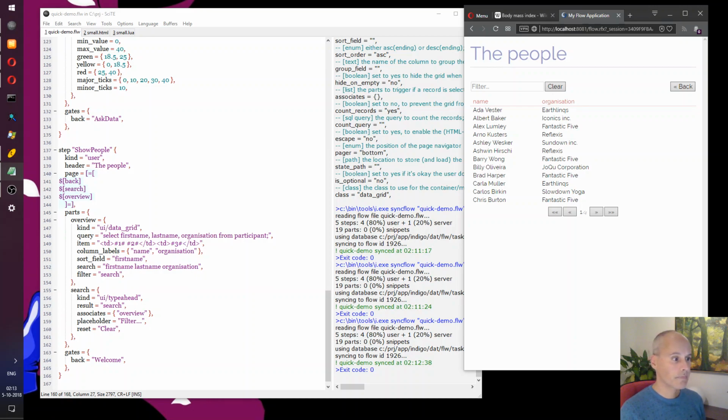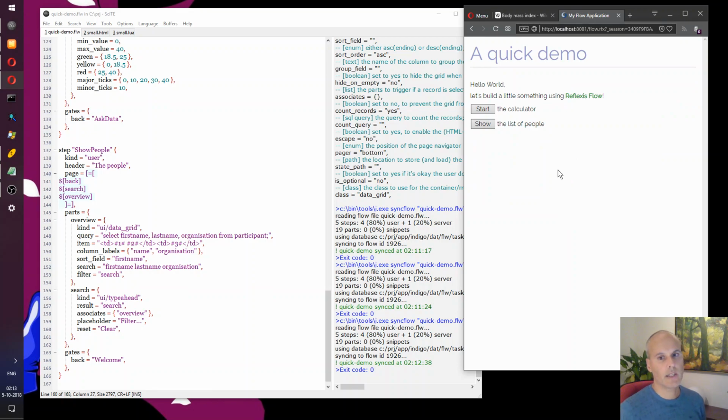Right. So at this point, it's probably good to do a bit of a recap. I hope you've now seen that flows are basically models for web applications. Flows contain steps, and these steps produce either browser pages for the user to interact with, or they perform actions on the server.